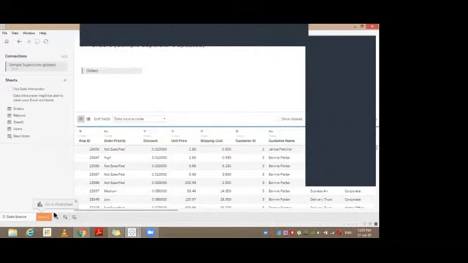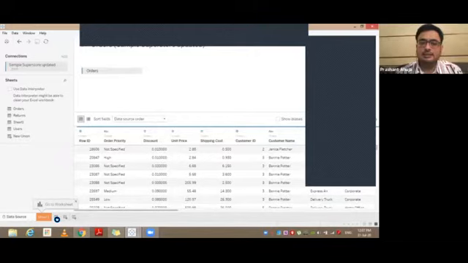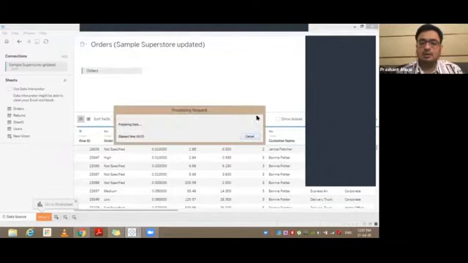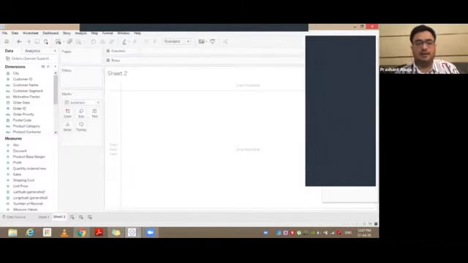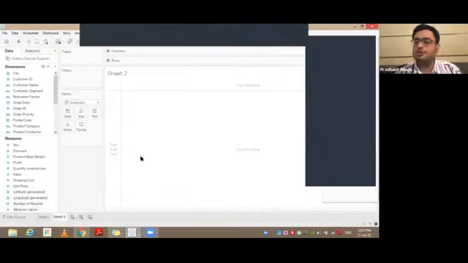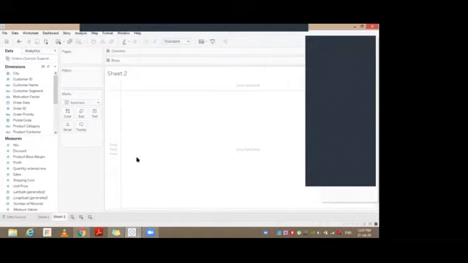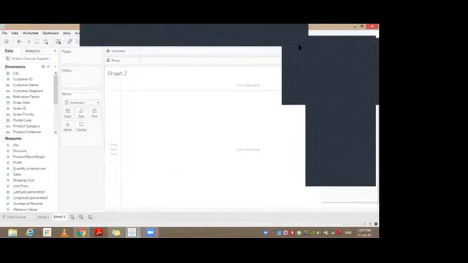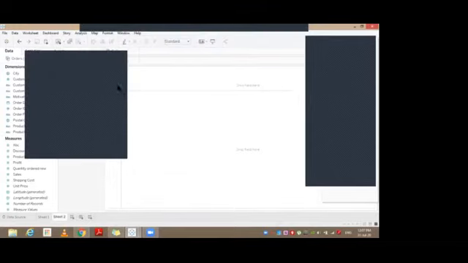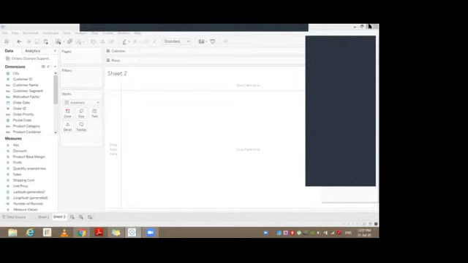Now if you go to the worksheet, it will take some seconds to prepare the data. Now you will see all the dimensions and measures. It is showing all, but it is not showing the label, menu name, dimension, measures, and everything.